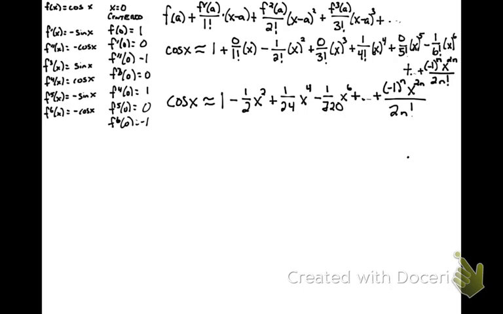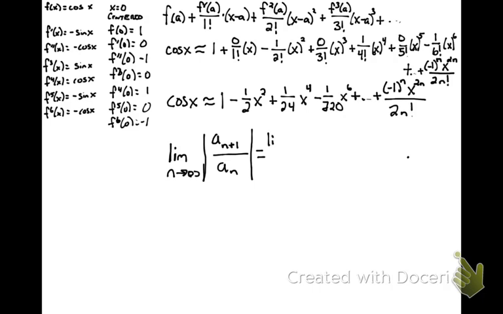Now, to verify the interval of convergence, we can use the ratio test. The ratio test is the limit as n goes to infinity of the ratio between our a sub n plus 1 term over our a sub n term. In a sense, we're using inductive reasoning. We're looking at the ratio between a term and the one after it. So if we set this up,